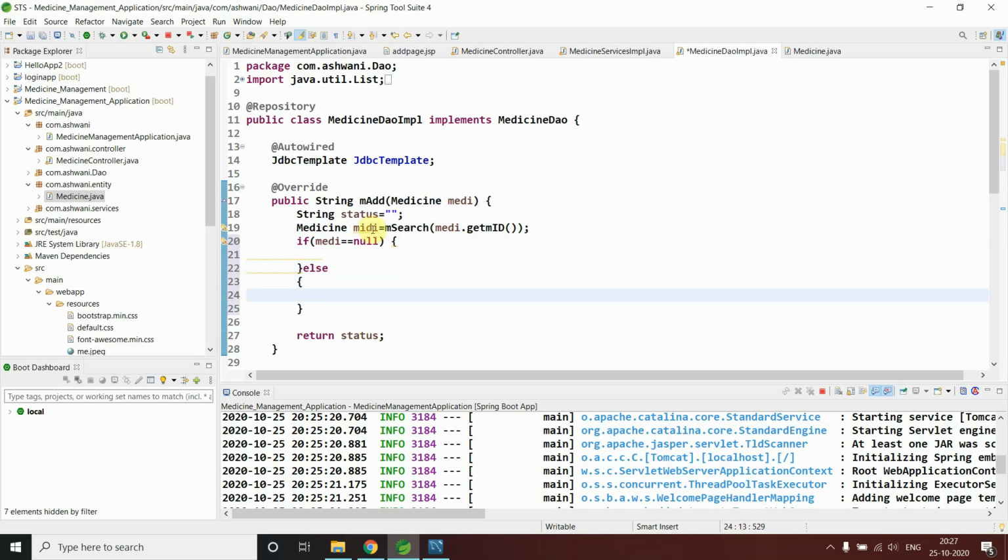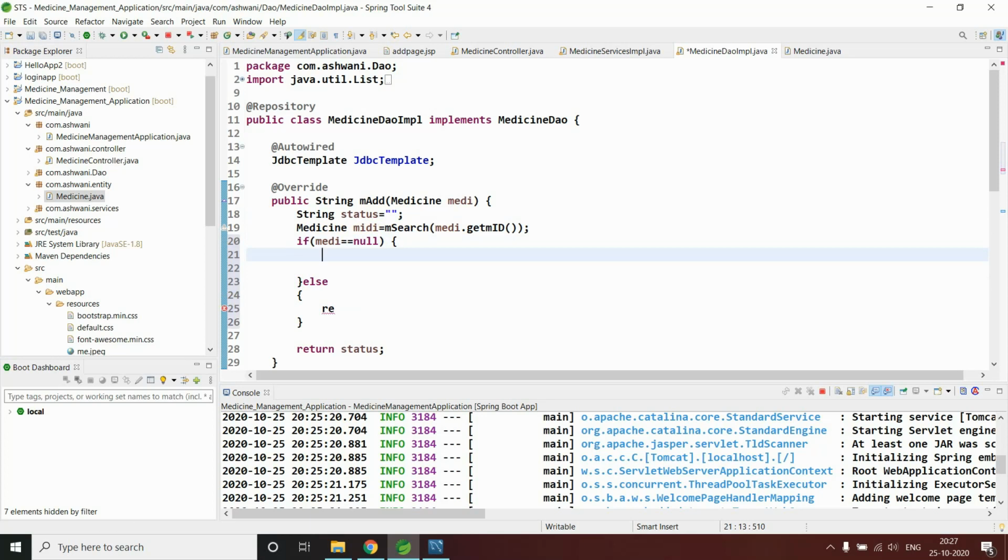If something is inside this, then I can return existed. So what we can say here, return a status. I will implement this first, and after that we will look at the return statements and all.